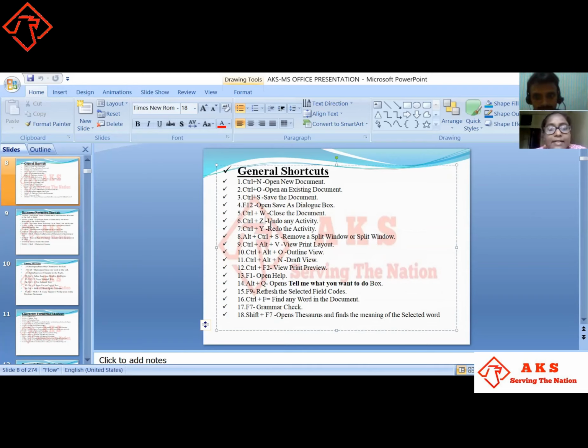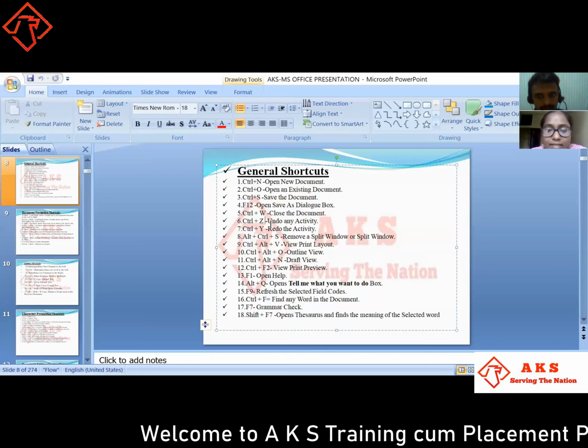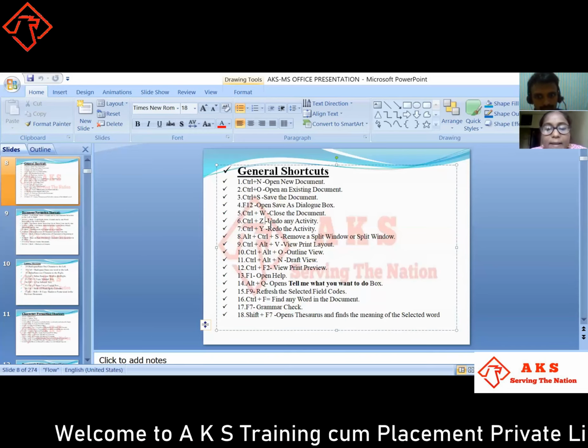Next, finding a word in a document. When you have completed a document and want to find a word, we have to click Control plus F. In Word, for any grammar mistakes or spelling mistakes, we have to click F7.